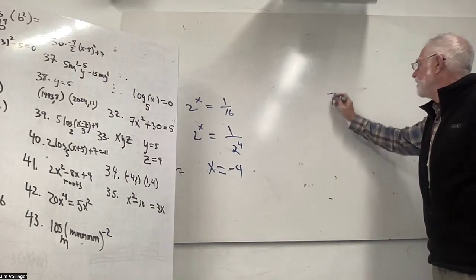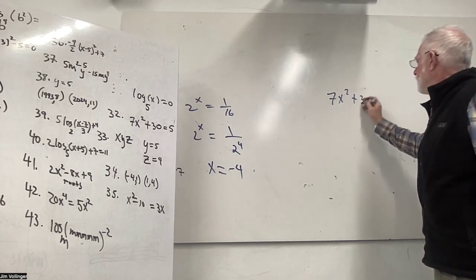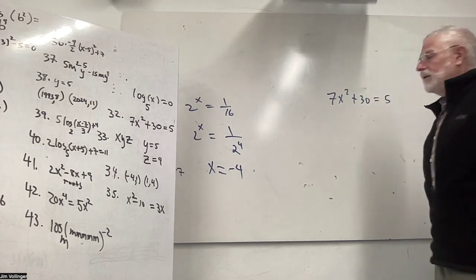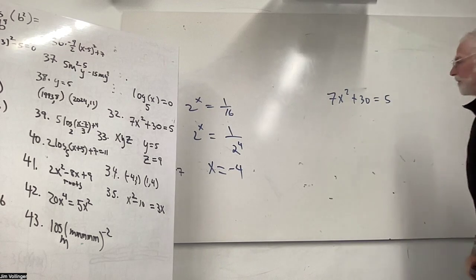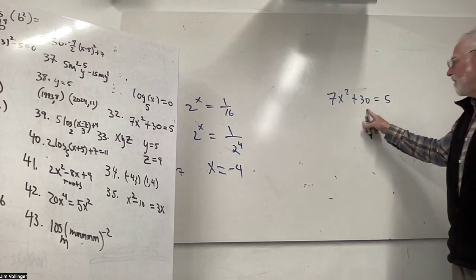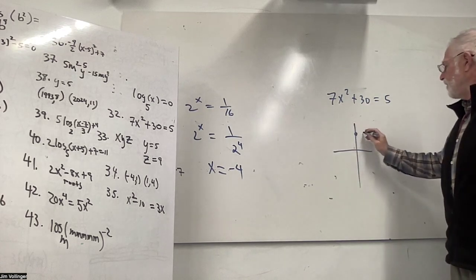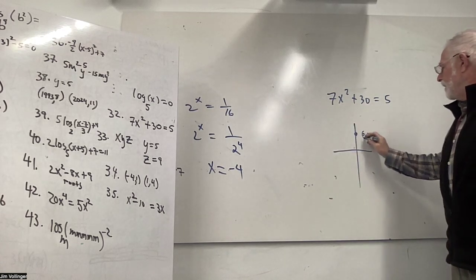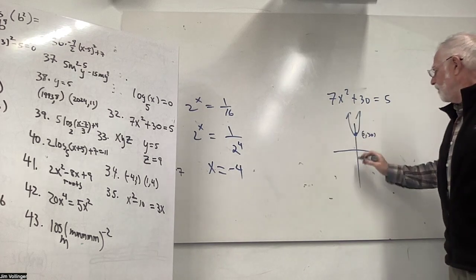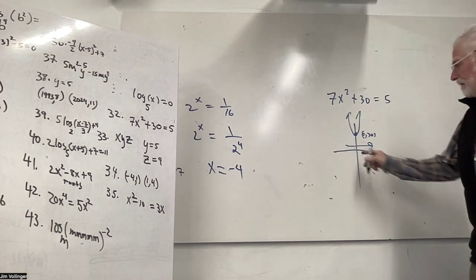7x squared plus 30 equals 5. Can you see this function? Can you see the picture? We talked about it half an hour ago. That's in graphing form. So the vertex is 0, 30. And you're going up pretty quickly. We want to know when we hit a 5. So we got